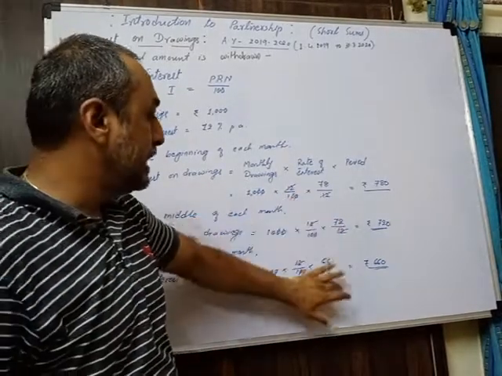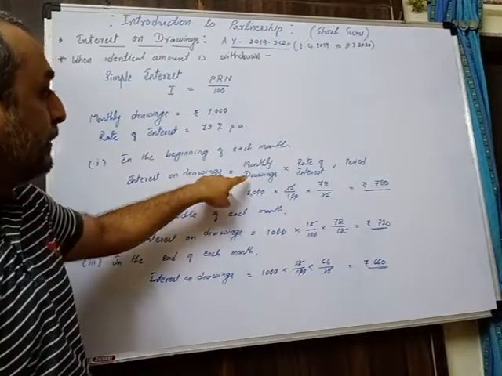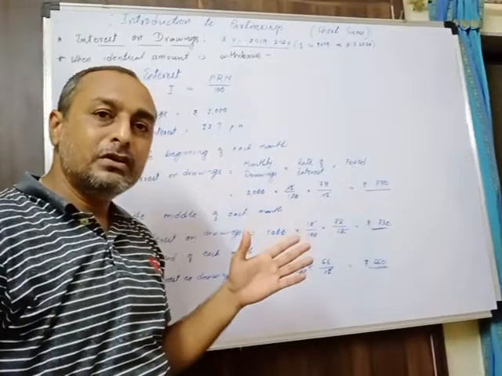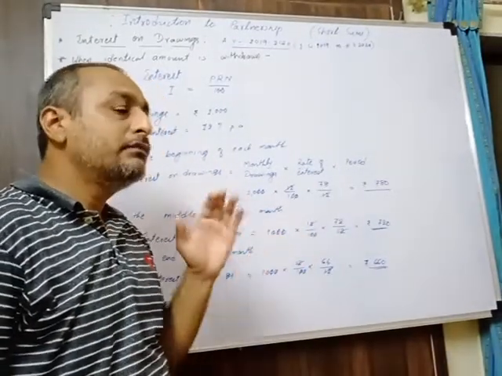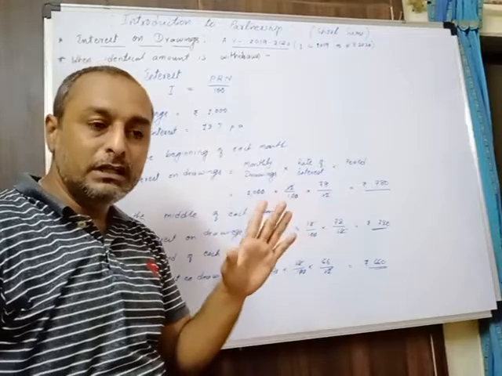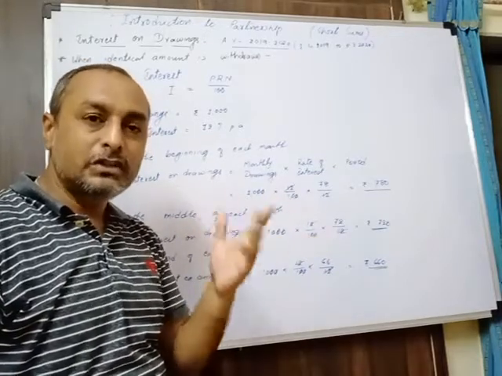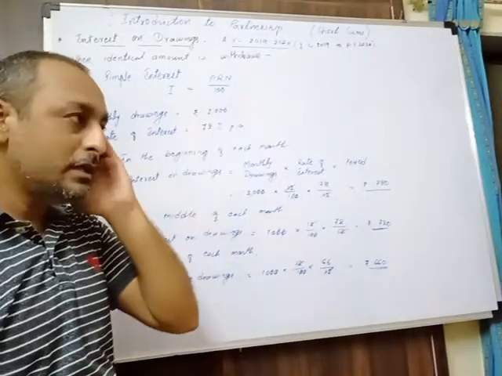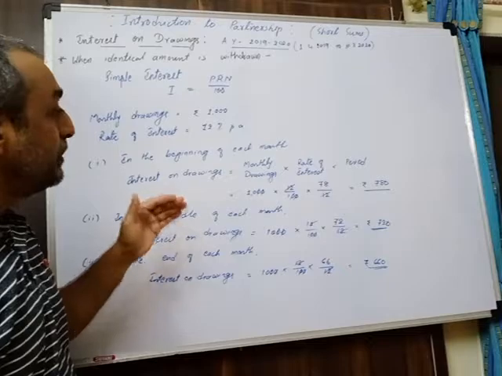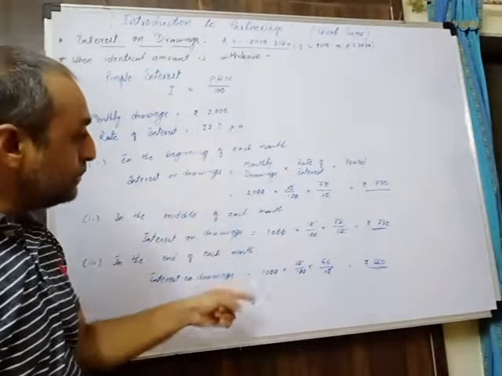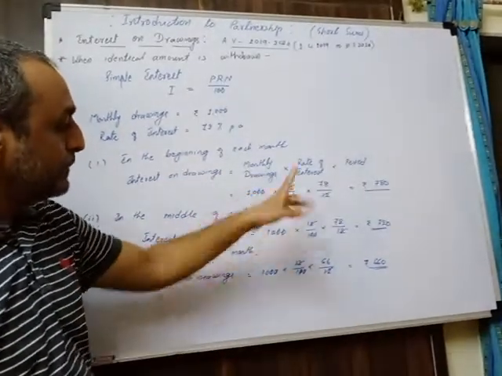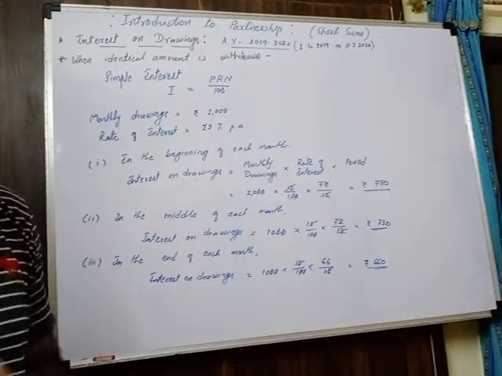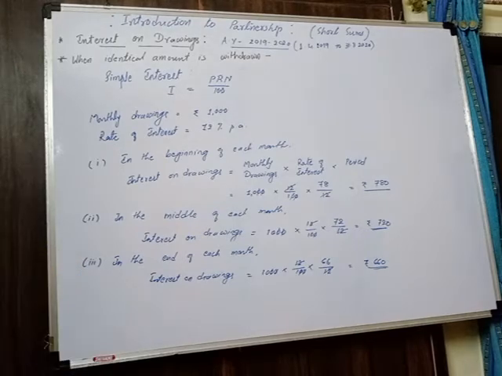This period is important, that you have to keep in mind, and in that case when you calculate interest you have to take monthly drawings. Normally we used to calculate interest on drawings on the total amount only, but if it is from the beginning of the year once only it is withdrawn, or in the middle of the year once only it is withdrawn, then we used to take that amount total into rate of interest into period, right? But over here every month he is withdrawing identical amount, so according to that period we have to use monthly drawings to calculate the interest. So that is how it is calculated. This is the basic concept. Okay, so you have to copy all those things.